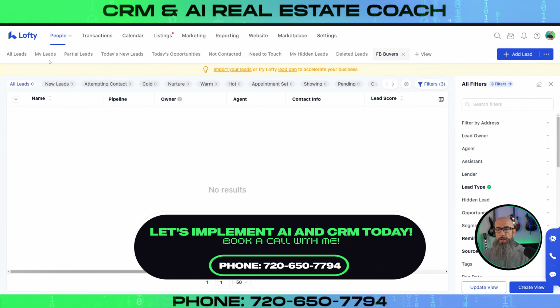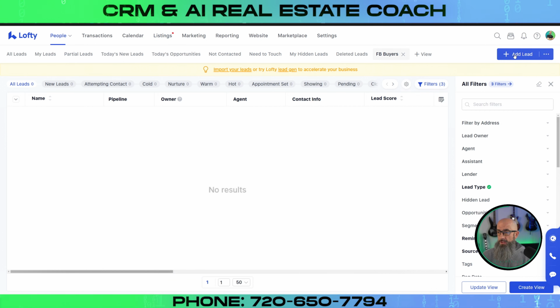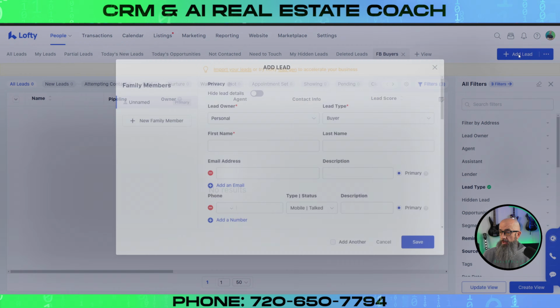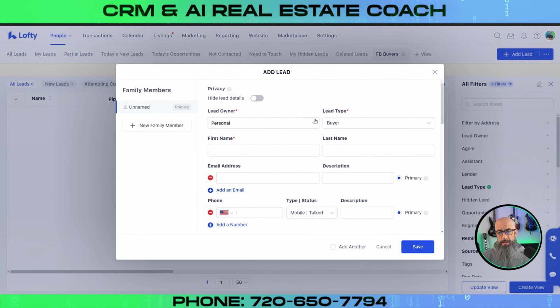So this is how we create those views. And then if you want to add a lead, it's just right over here, this blue button here. You can import leads, you can export leads, or you can add a lead manually. And when you go to add a lead manually, this pop-up will show up here, and you can choose the